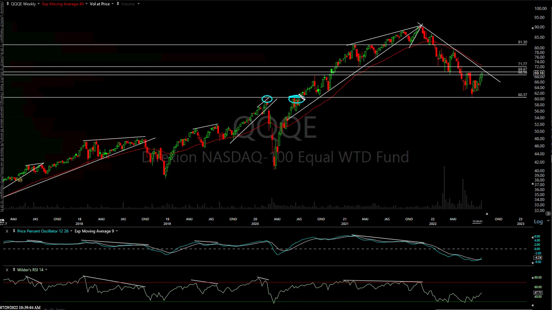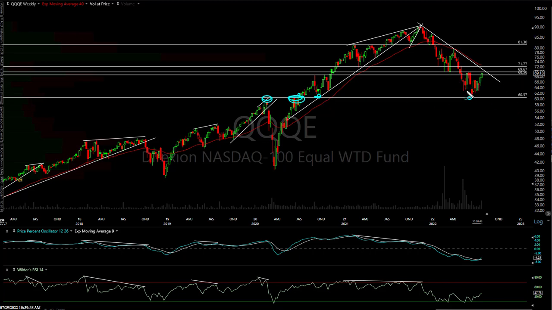It was resistance, and you had a breakout right there, big rally, came and back tested it, and that's it. And then recently you back tested again. So there's that case that could be made that maybe the bear market was over when T3 was hit on that QQQ weekly chart, or when the equal weighted Nasdaq 100 fell down to that key support level. And again, it wasn't just that high. It was all these reactions here for about a month and a half or so, and then the back test there. So enough reactions to say that's a pretty significant support level.